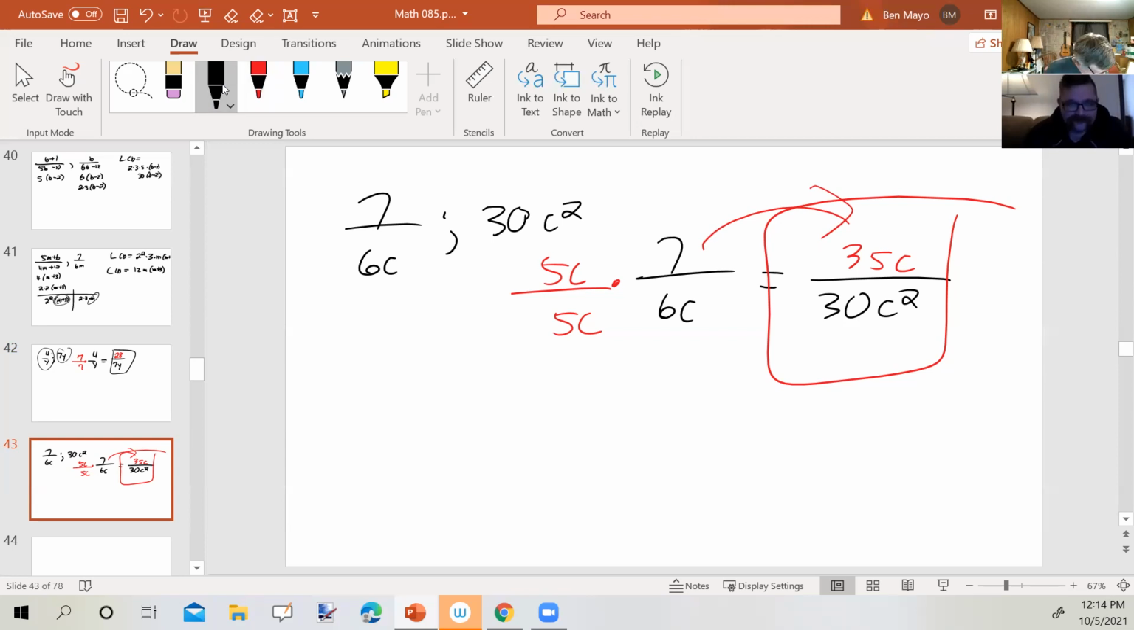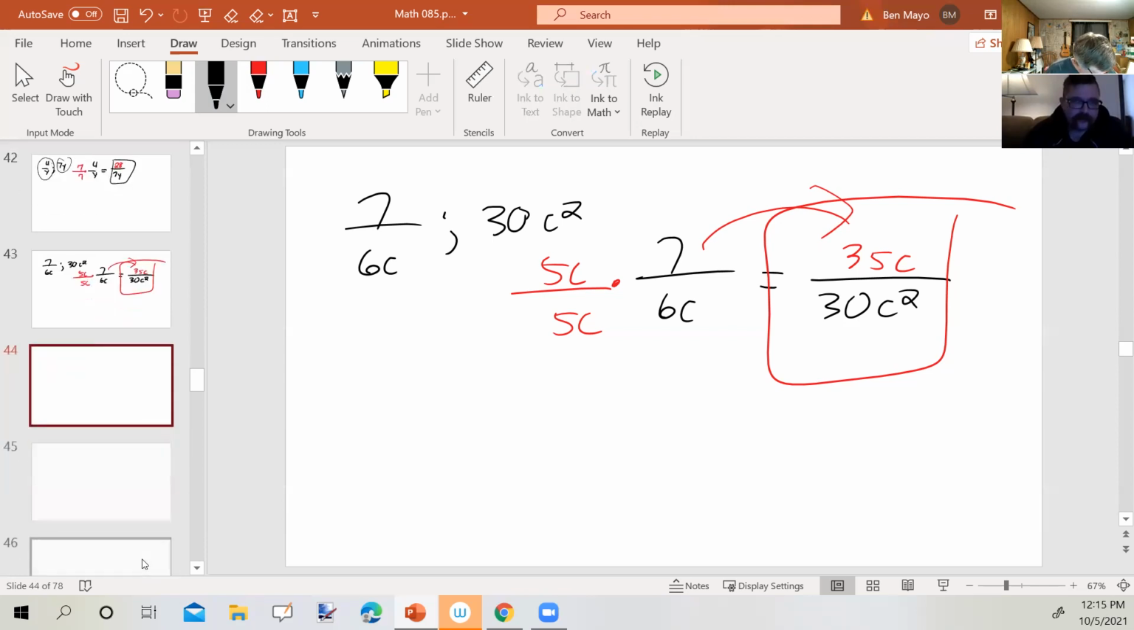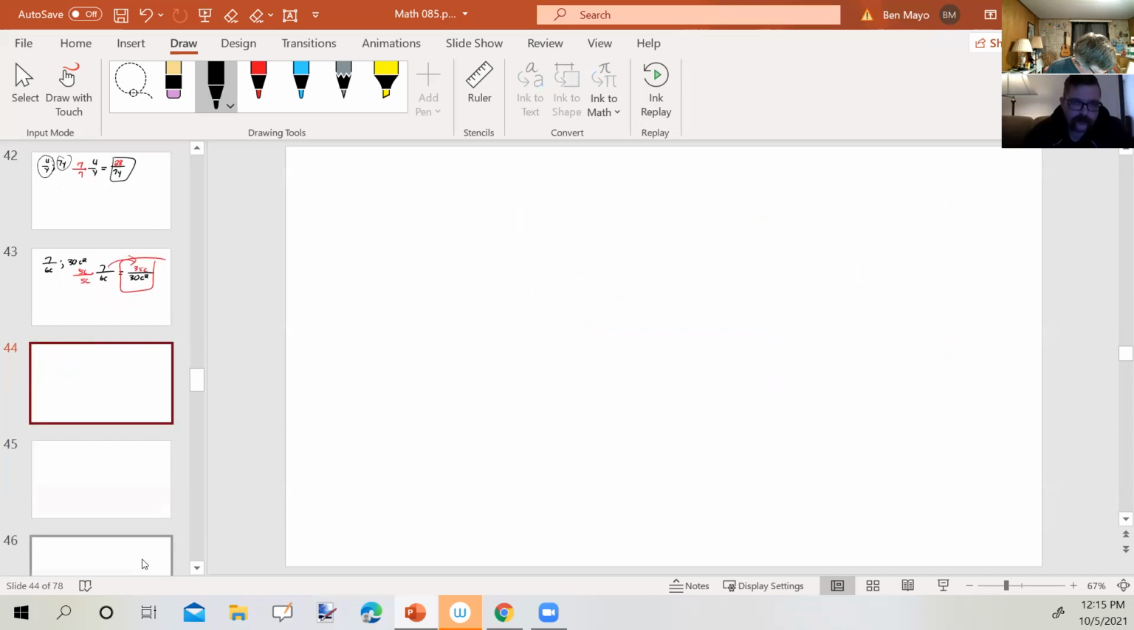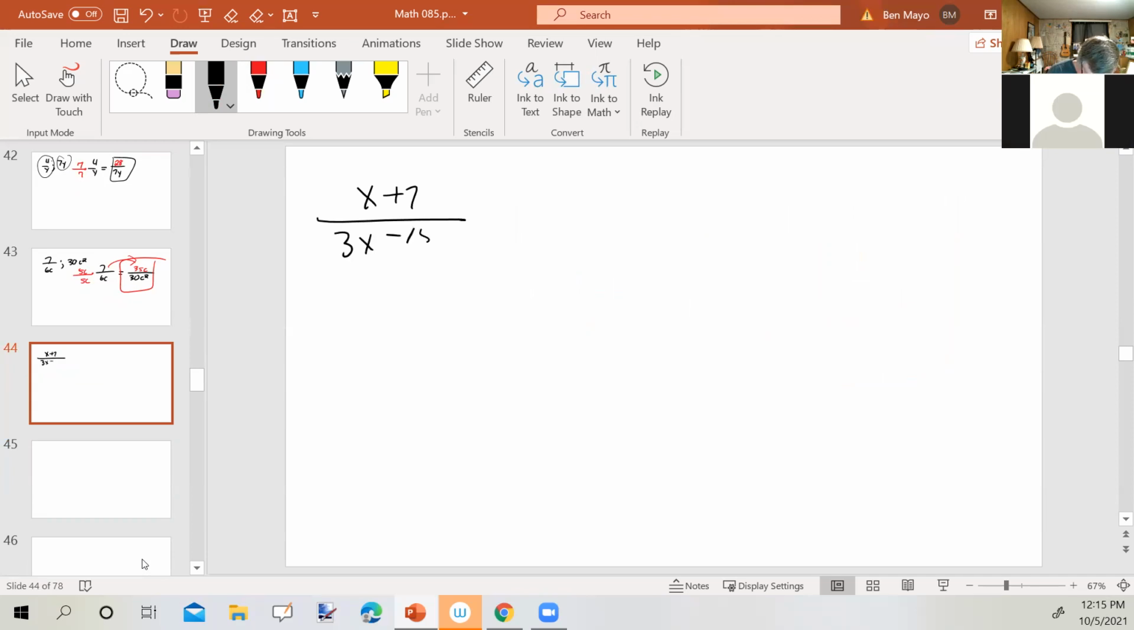Okay. Let's see here. Build each rational expression into an equivalent expression with a given denominator. Same directions. So we've got x plus 7 over 3x minus 15. And we want our denominator to be 3 times x minus 5 times x plus 10. Okay, so